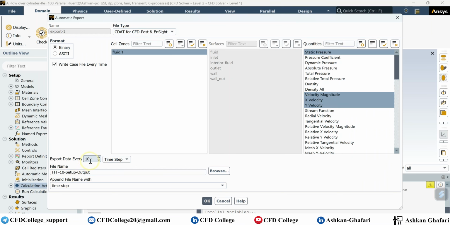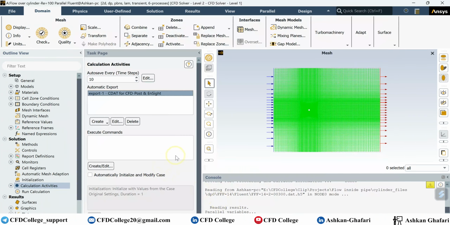Here, as you can see, it's every 10 time steps. This CDAT file will be saved, and using these CDAT files you can import transient data in CFD Post,